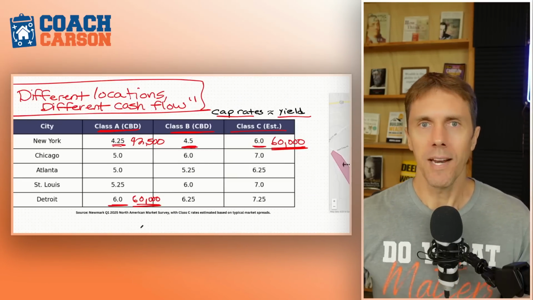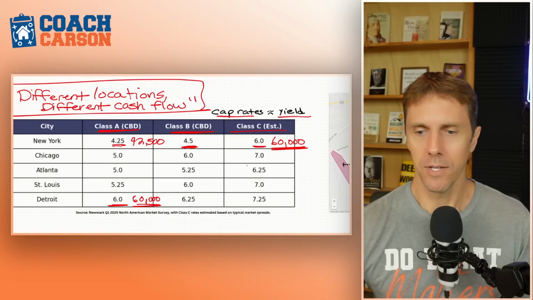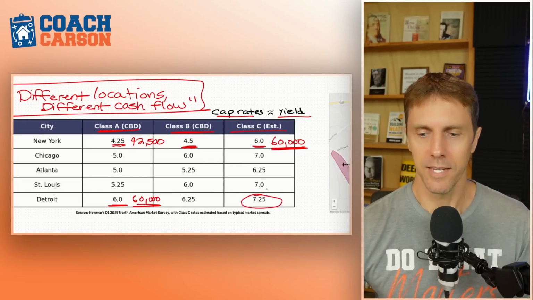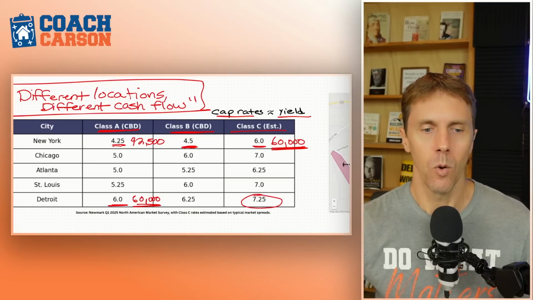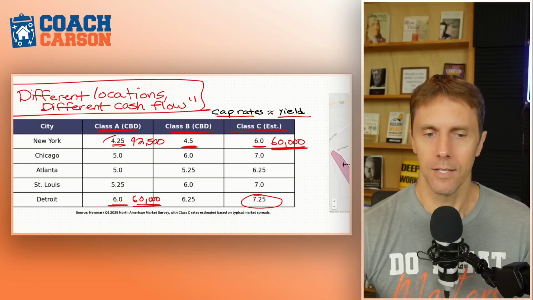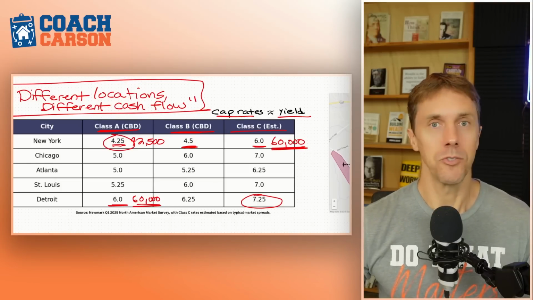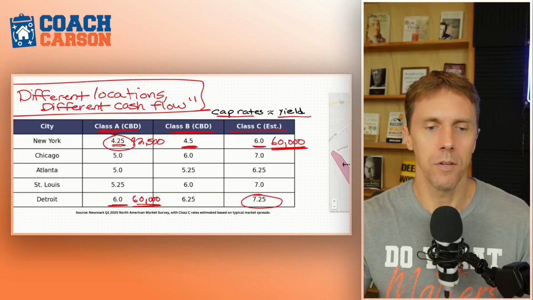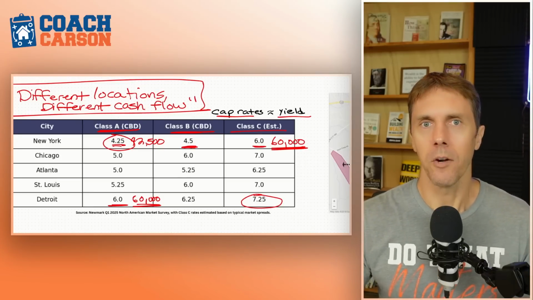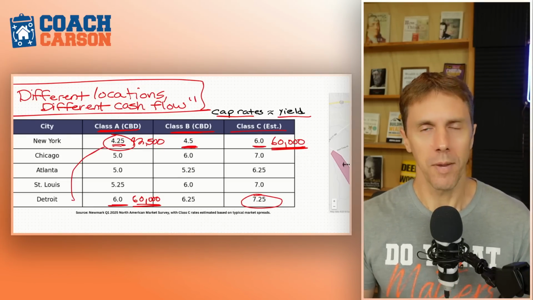So you might ask the question, if these properties in a Class C location, let's say in Detroit, make more cash flow for the same amount of money, why would you even buy a Class A property in New York? Because investors do it every single day. Did they make a mistake? Are they looking at it differently than you? And the answer is there's a lot of reasons that they might do this, but a couple of main ones are